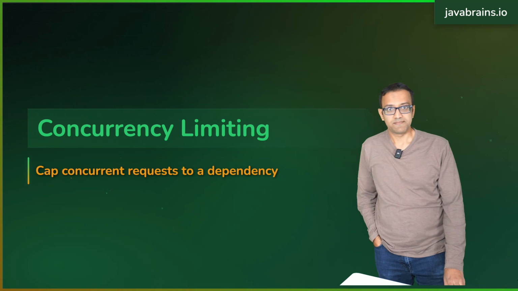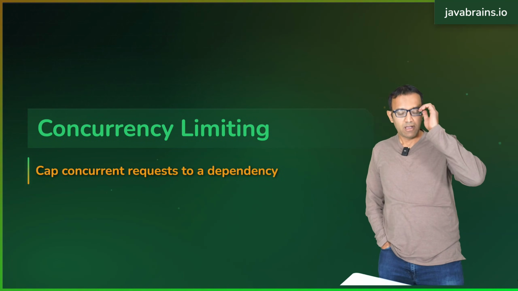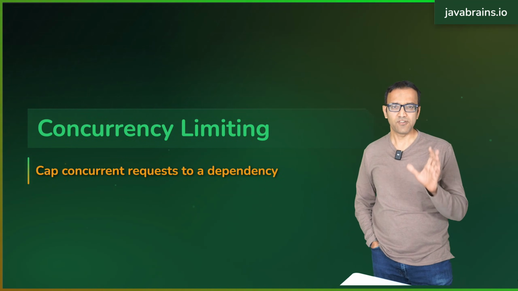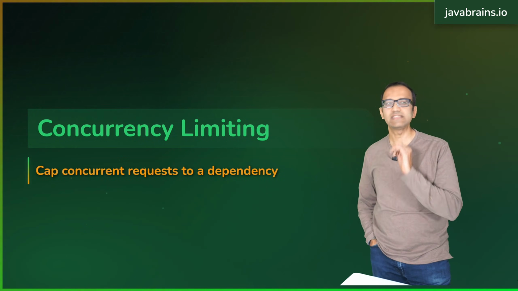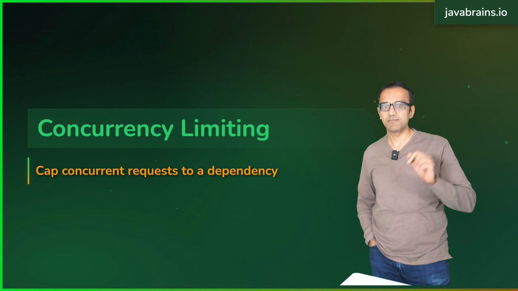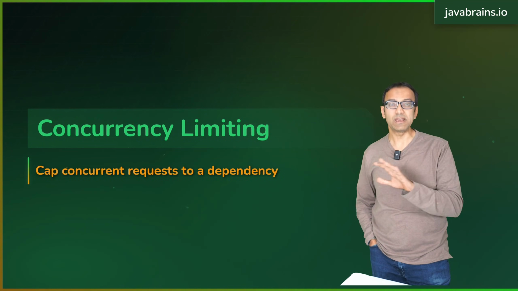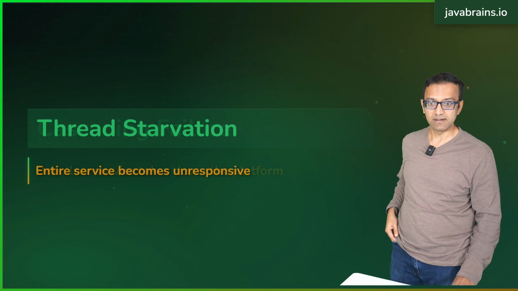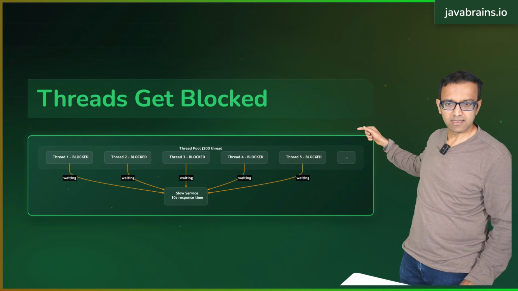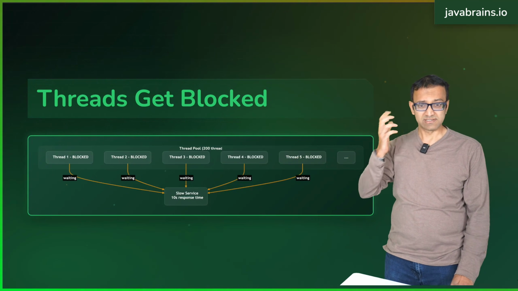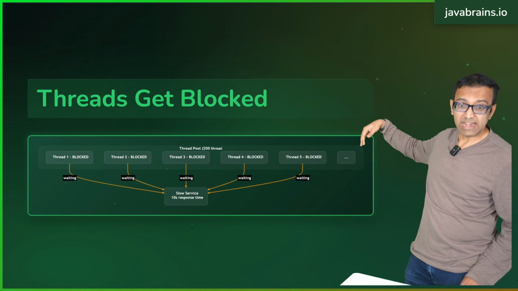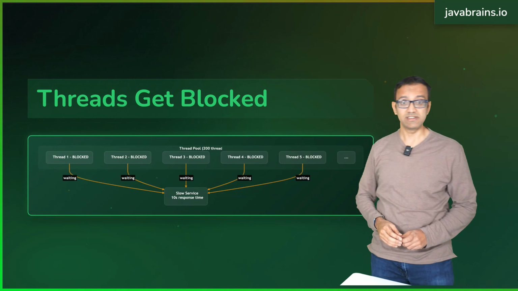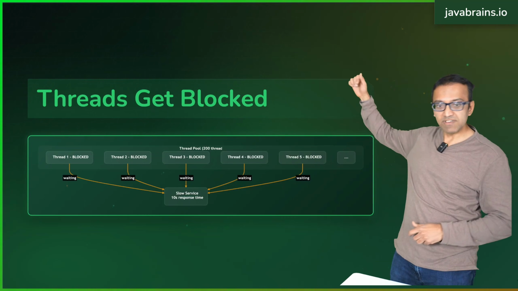What you need is a way to limit how many concurrent requests you're sending to that dependency. If you only allow, say, 10 threads to be waiting on the recommendation engine at any time, even if it's completely unresponsive, you only lost 10 threads. Imagine here if you were to say, okay, here's a recommendation engine which is sometimes slow. I just don't want to keep taking requests and wait for it. I'm going to allow 10 threads to go to the recommendation engine, max at any point of time. The 11th thread that comes in,